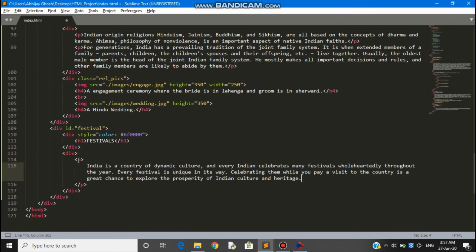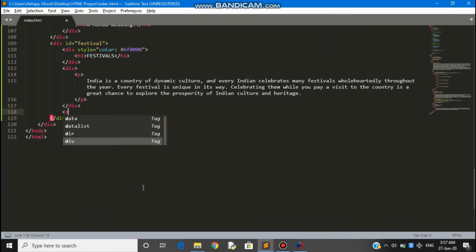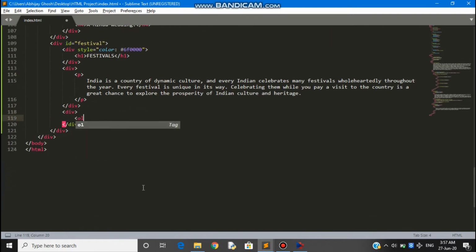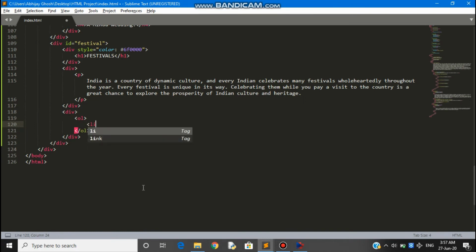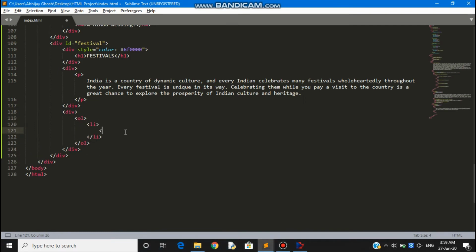In a similar fashion we provide a certain description to the festival heading, and then we have many festivals. For that case we use an ordered list. Here our first festival in the country is Makar Sankranti, starting from January. So first we will deal with Makar Sankranti.